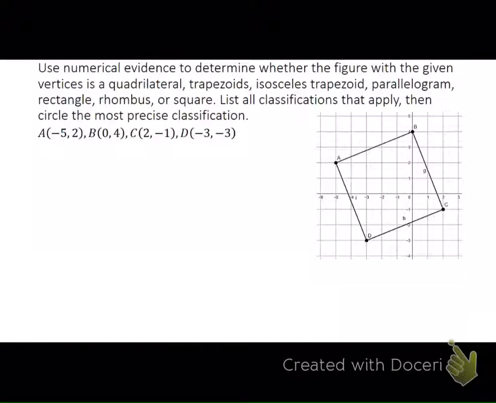Okay, use numerical evidence to determine whether the following figure with the given vertices is a quadrilateral, trapezoid, isosceles trapezoid, parallelogram, rectangle, rhombus, or square. List all the classifications that apply, then circle the most precise. So, first of all,